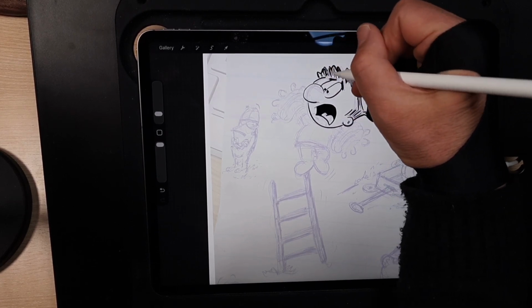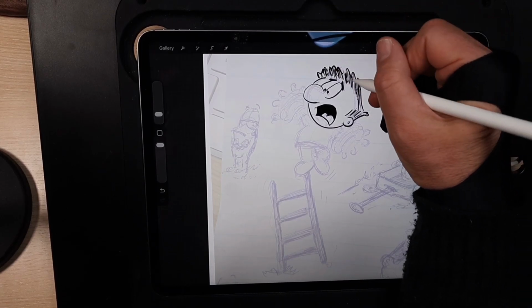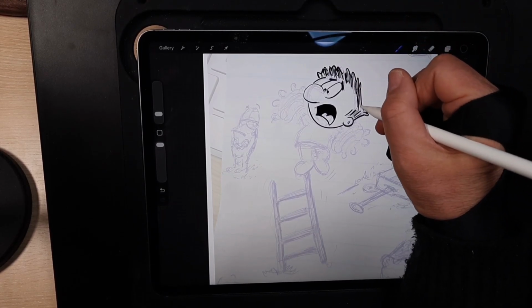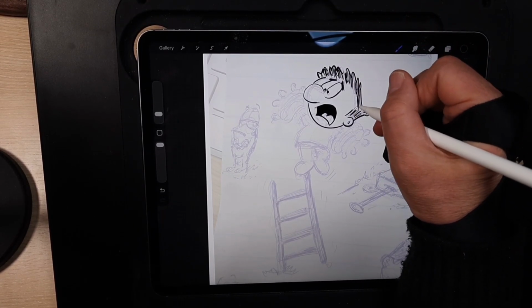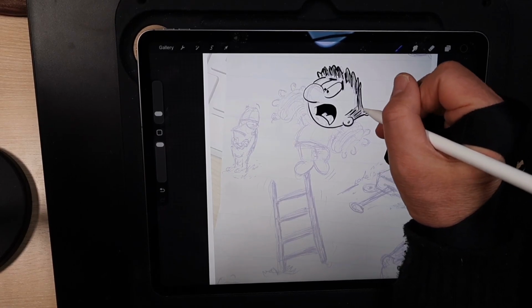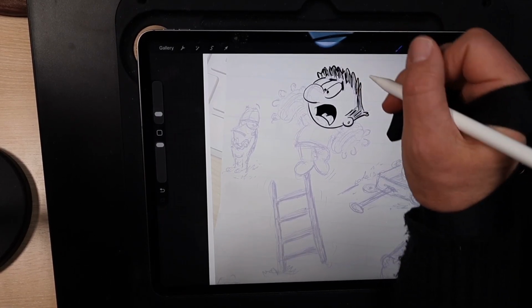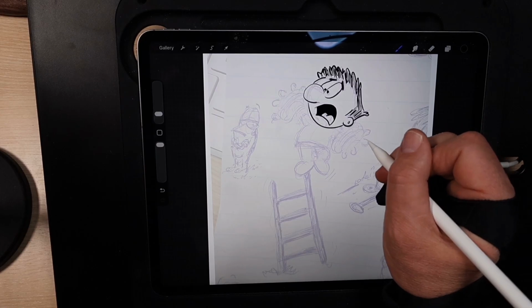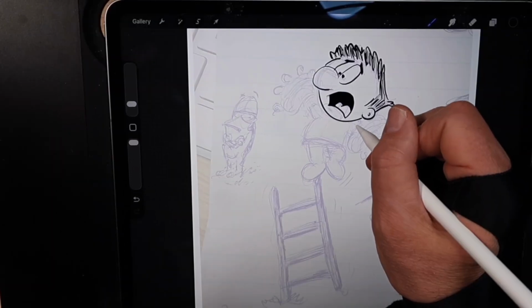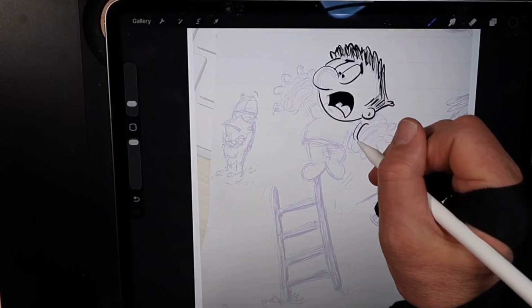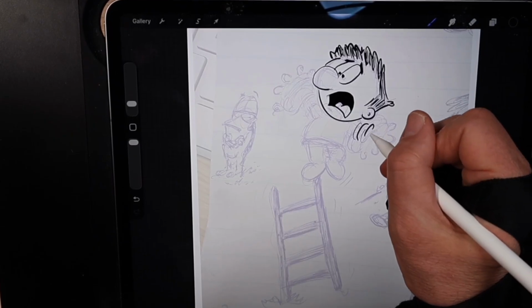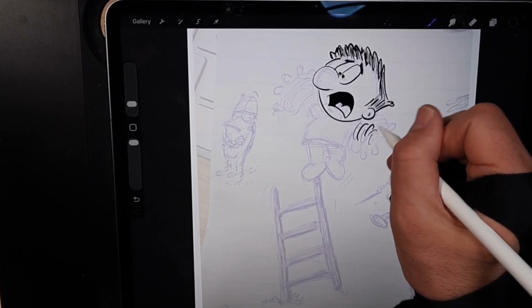Otherwise, I'll just go in. If I'm not conscious, I can add way too many thins because they're easy to draw like that. But the thins don't add the volume that I'm looking for. So I'll create a new layer, and again, using thick and thin lines,